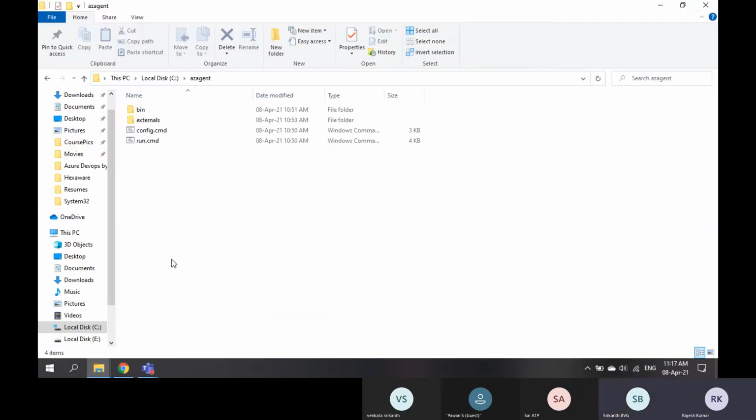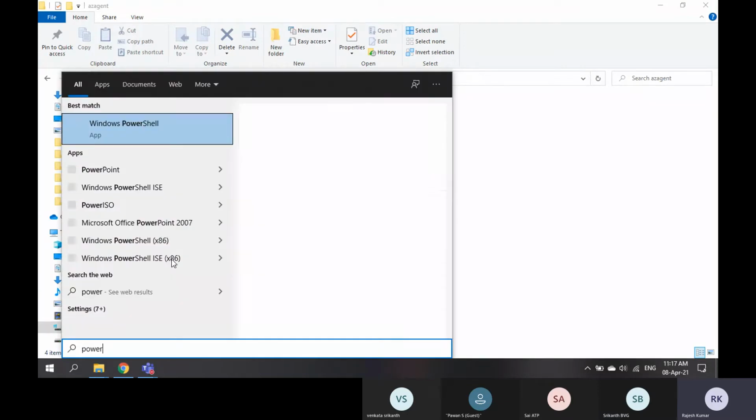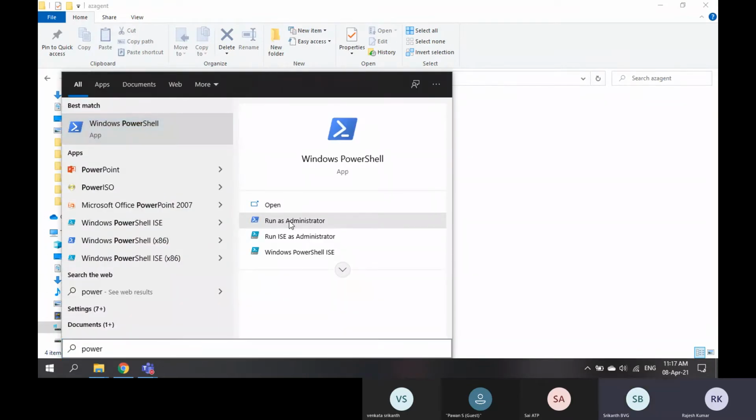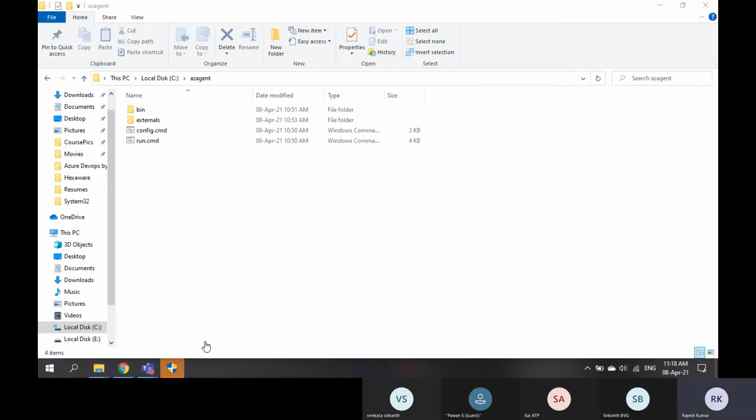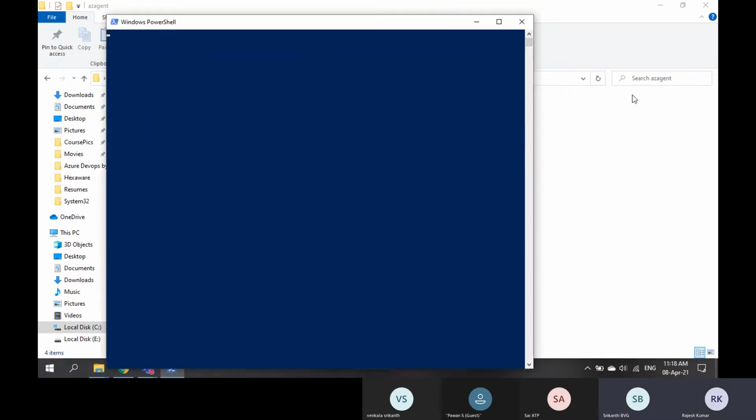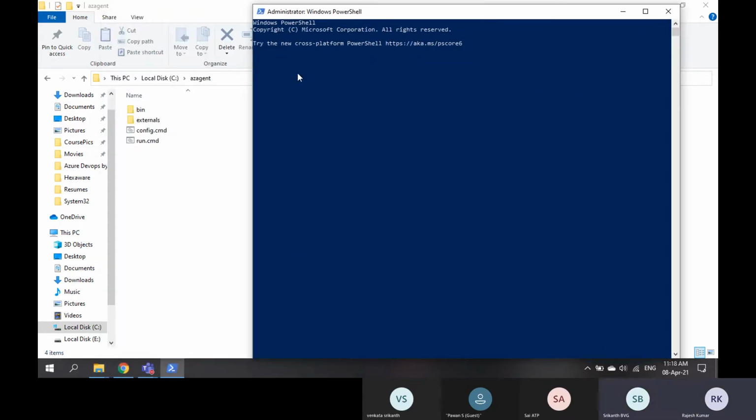Now I open PowerShell in admin mode. So I need to go to this location.